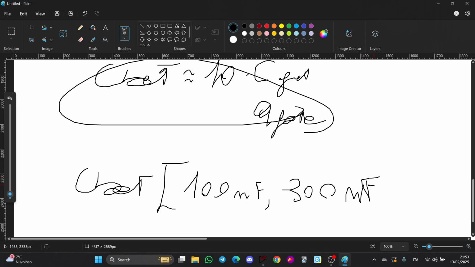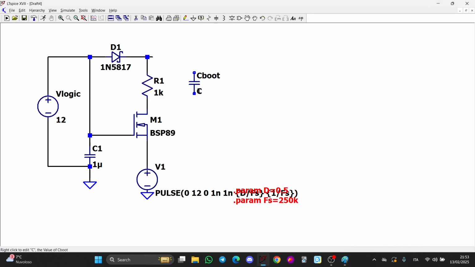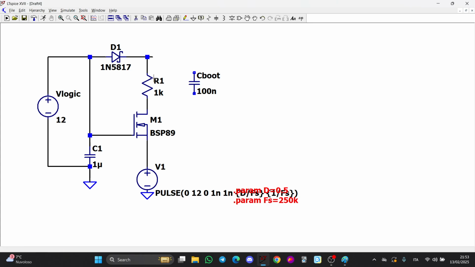nanofarad. This is also a good value. Even 100, I never saw this value. 500, never saw them. I saw 300 and 100. Okay, so let's put 100 for now. Then I will show you what happens if it changes value, because this simulation must hold a